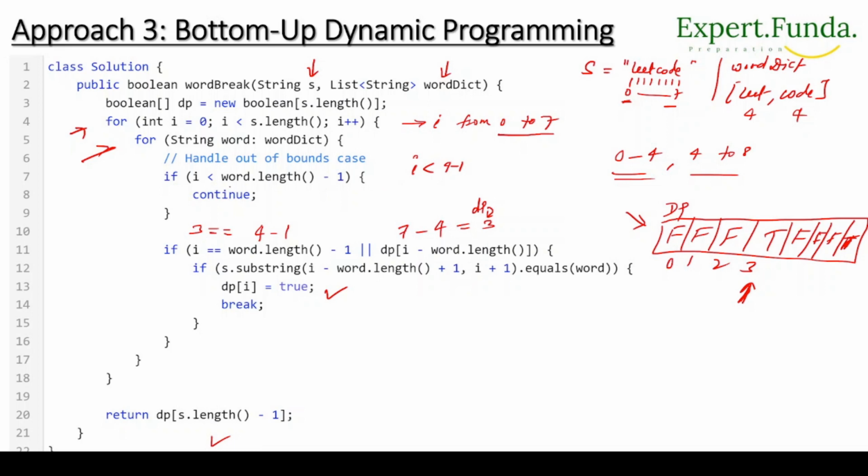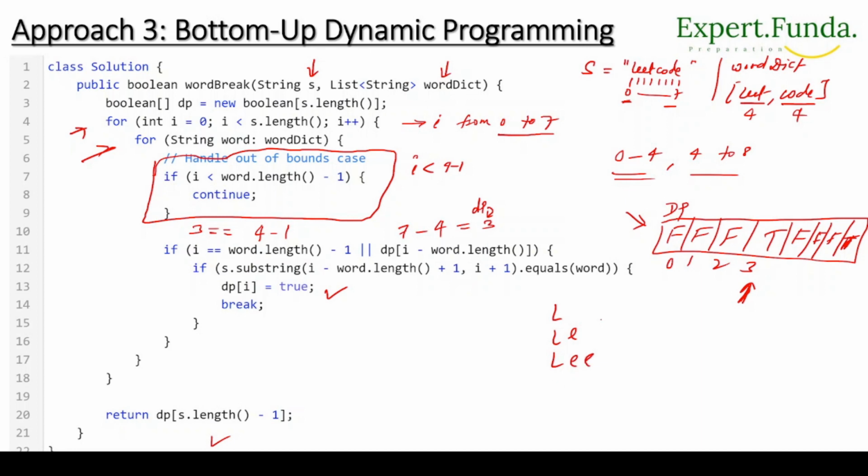When i becomes 3, at that time we will do the substring, because the word is in the dictionary. Before that, if we create a substring, it is not going to match the word, and it is not required to do that. That is called your boundary condition. We only take care of this when we create a substring that is not going to match the word. In the word list we have given Leet first and code second. So if anyone creates a substring like L, LE, LEE,